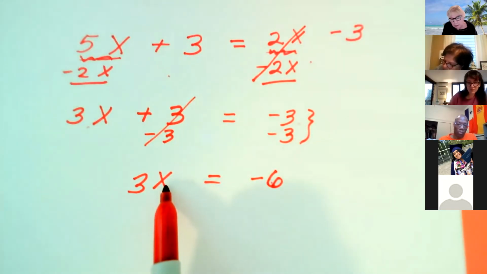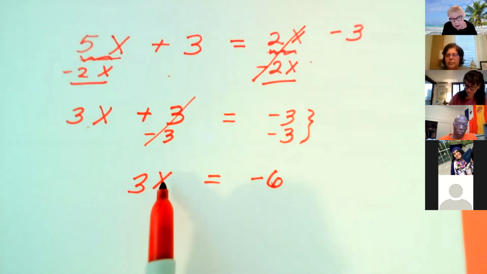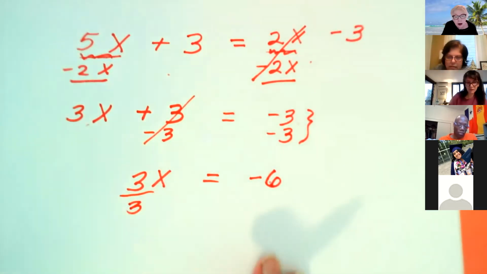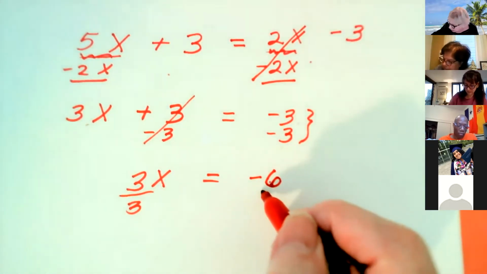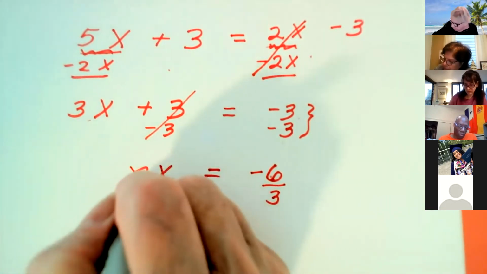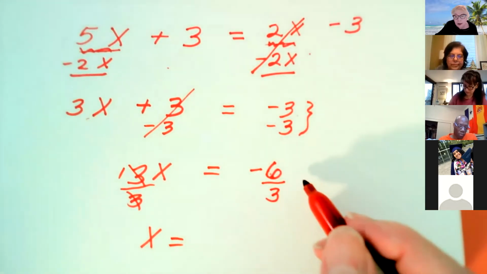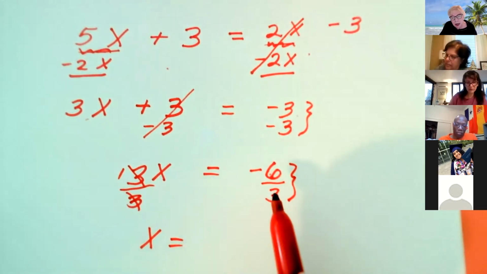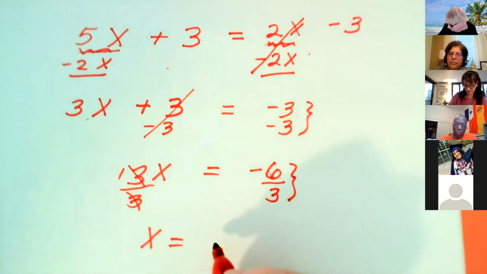But now it's multiplied by 3. So what do we do? Instead of multiply, we divide. And this was a +3, so I divided by a +3, and I divide by a +3 over here. So the 3's cancel. That's a 1X, which is X. And the answer appears here. One negative and one positive in division makes it